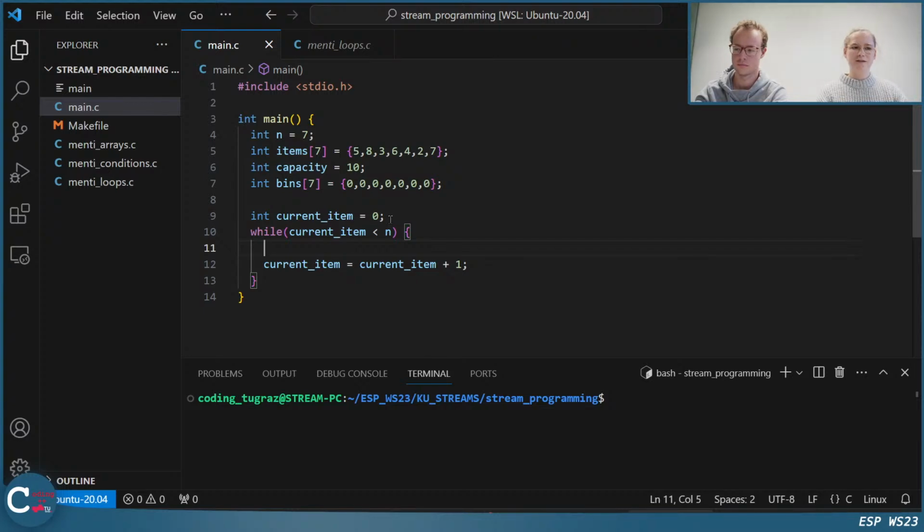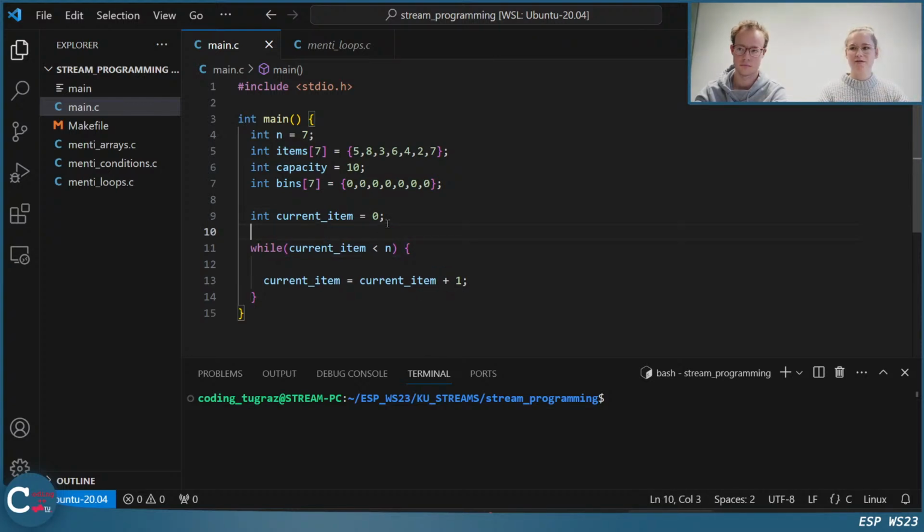Okay, now we need a second variable to keep track of which bin we are in, because we need to know, okay, in which bin am I, so I can check if my item fits there, before I choose the next bin. So the current bin always stores the index of the bin we are currently using. So now it's 0, so it's this one. And the current item also has an index. It's 0 at the beginning, so we'll first consider the first item. Okay, this was our first while loop.